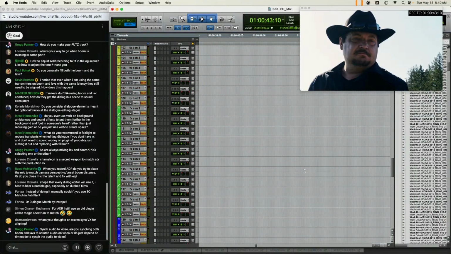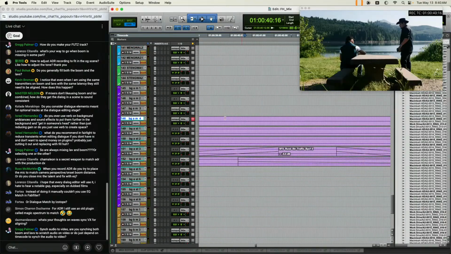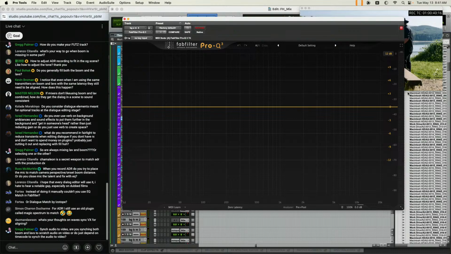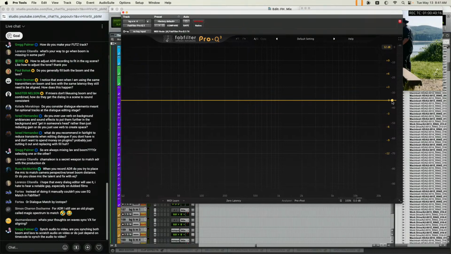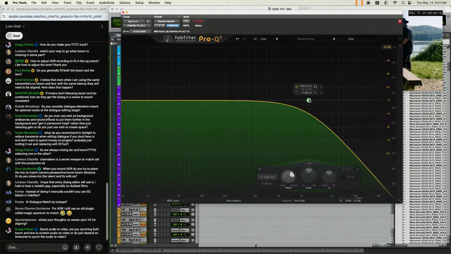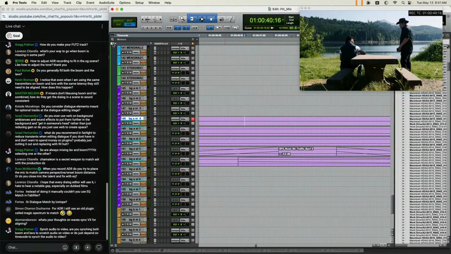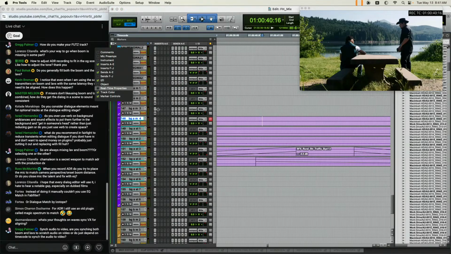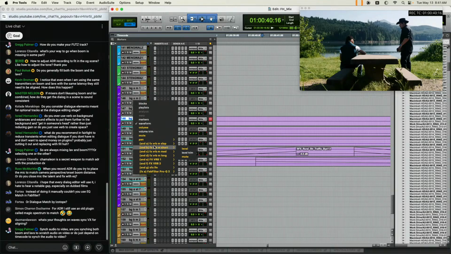I'll just pick a background ambient track here. I'm not going to play this because it's just going to be birds. But if this background was playing and I wanted it to not be foreground, this is what I would do. I would do a 6 dB per octave low pass filter down to like 2K or so. And then I'd add a little bit of reverb to it. It could be a mono reverb even.